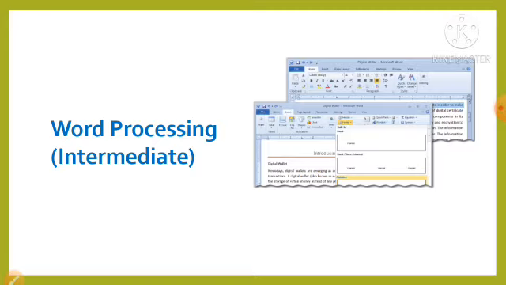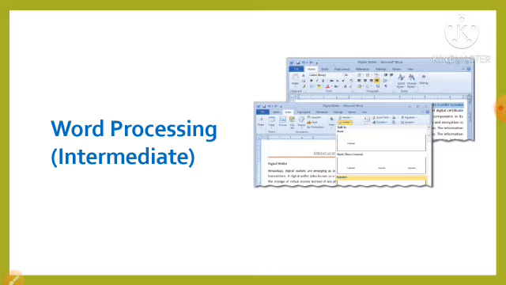In MS Word, we can format the text and paragraph to make a document more attractive and professional looking. MS Word provides several ways to enhance and control the appearance of the text in a document. We can format the text as bold, italic, and underline. We can further change the font style, font size, and font color of the text.